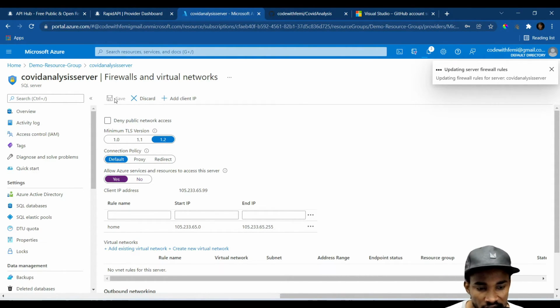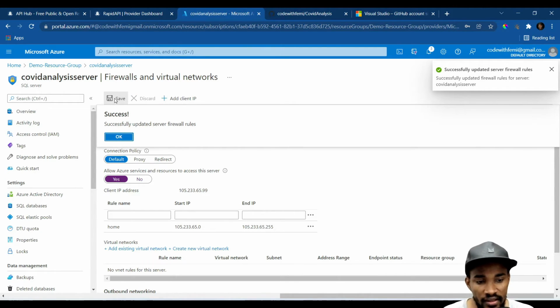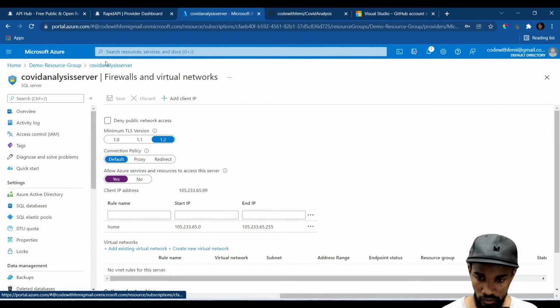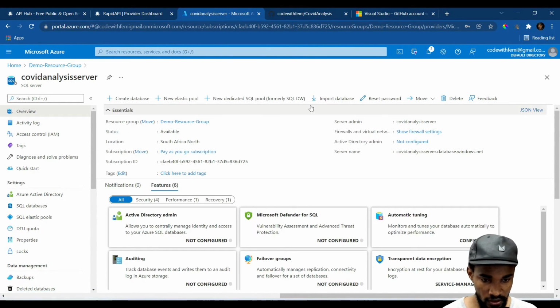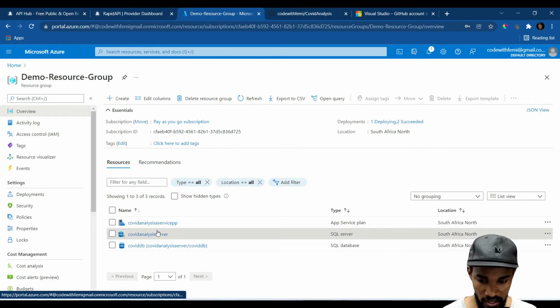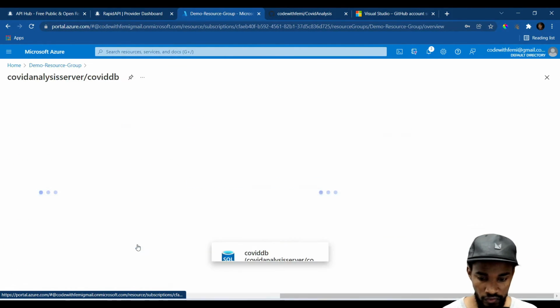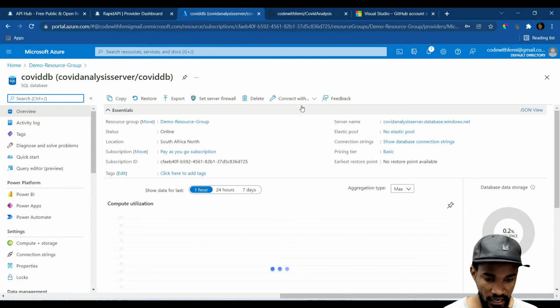So once we have that, the next thing I want to do is make sure that I can actually connect to this DB locally, right? So okay, let's go back to the actual DB. I just want to grab the connection string from the actual DB. Go back to my resource group, and from my resource group I can go back to COVID DB. I can actually just say